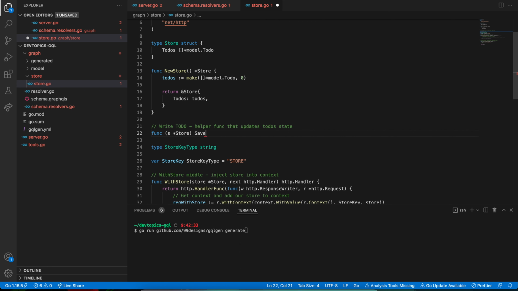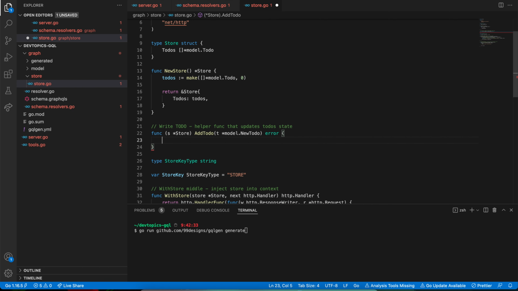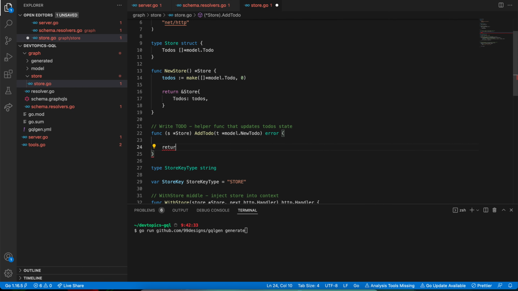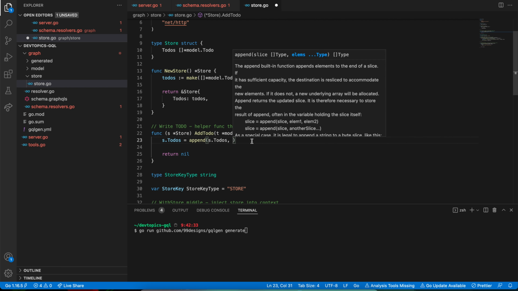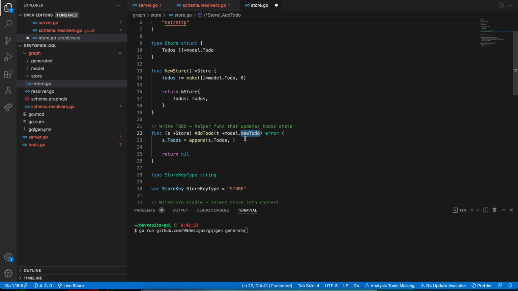So save, we'll say add to-do. And this will take just a model.NewTodo, that's fine. And this will just return an error. Okay, so s.todos, and we're just going to append it, basically. So this is a new to-do, so we need to make a